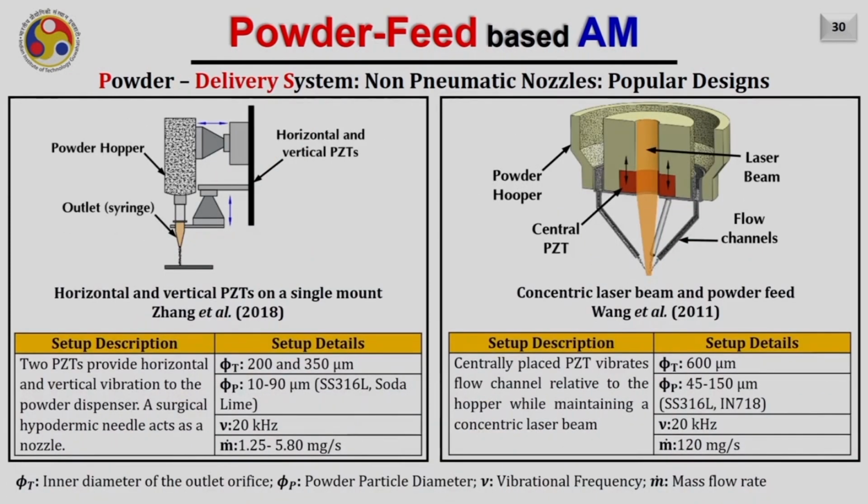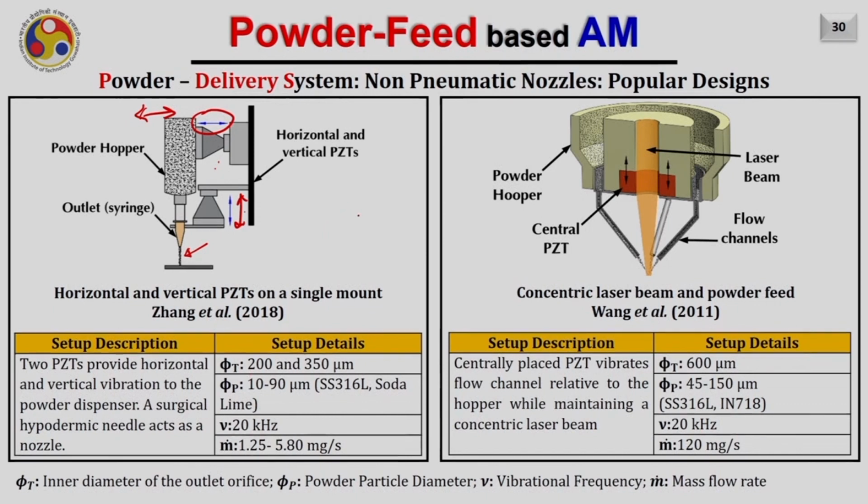Another very simple possibility is mounting two piezoelectrics, one corresponding to the vibration in this direction and one corresponding to the vibration up and down in this direction. When the appropriate vibration is given to these two piezoelectrics, the powder will start flowing from the powder delivery tube. Here in this case, the tube diameter is 200 micron and 350 micron,